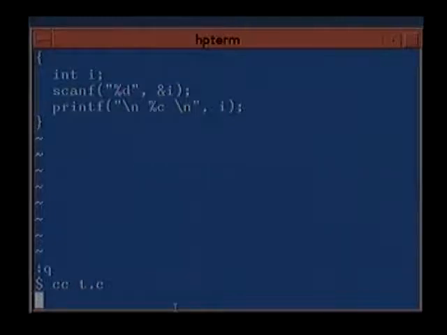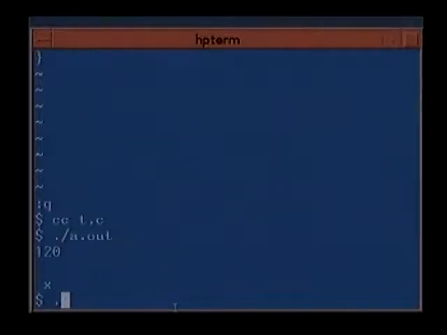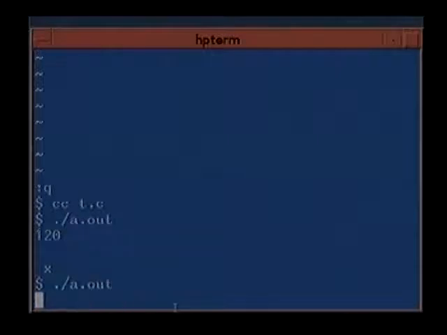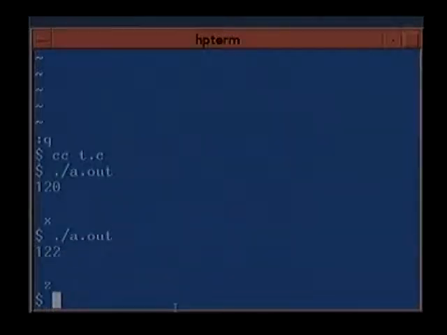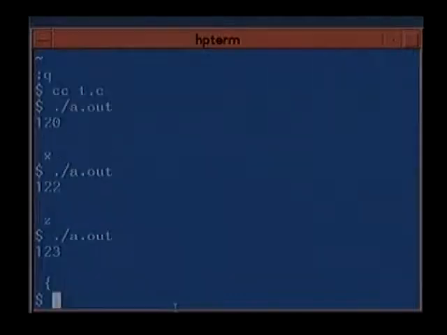Suppose we want 120, that's X. Suppose we want 122, that's Z. If we want to go beyond that, say 123, it's this open bracket, and you can find out the characters for various ASCII values.